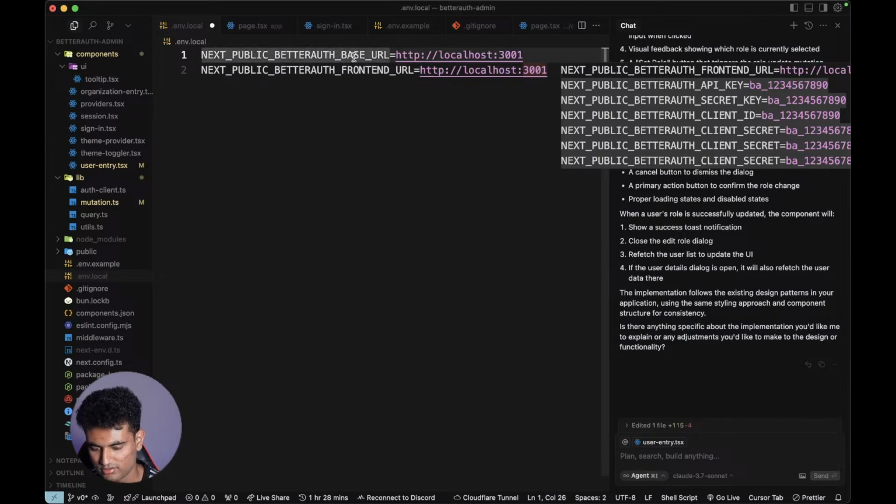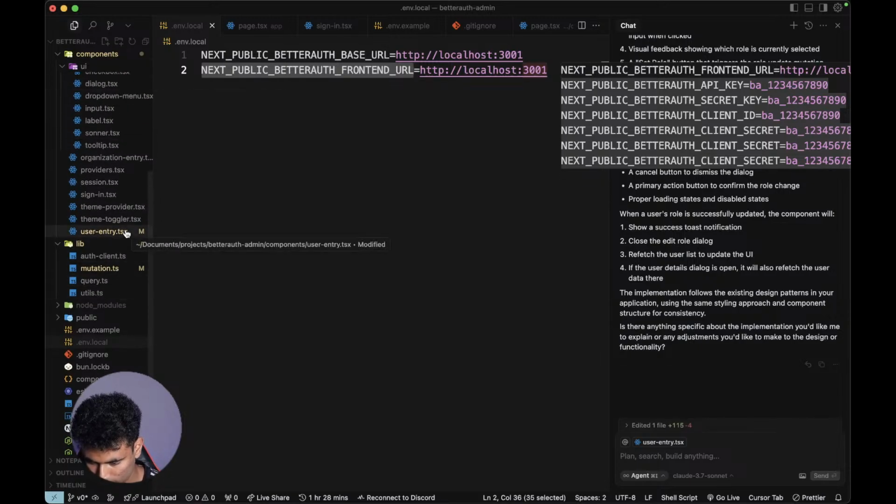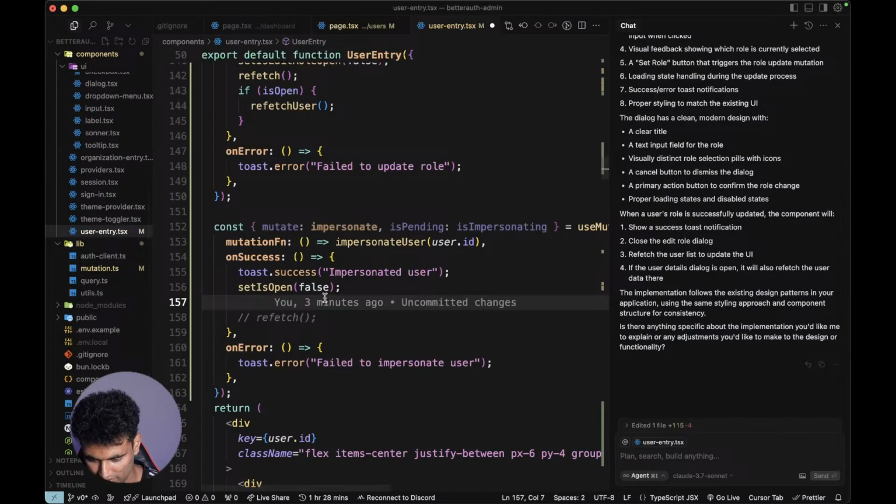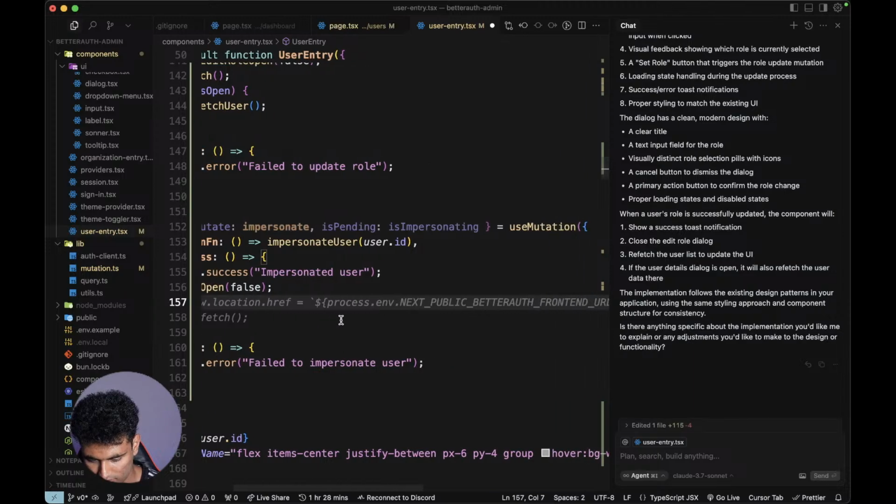If they are using some completely backend thing like Hono.js or Express, they might have their Better Auth instance on some other thing and the front end might be on some other thing, and that's why I have two different environment variables here. So we need this one, and after it's successful, we actually wanna,